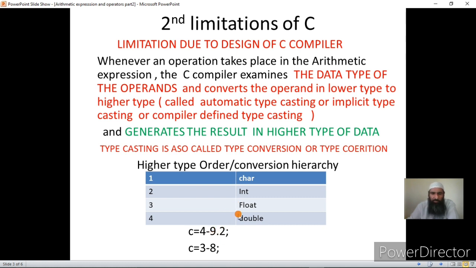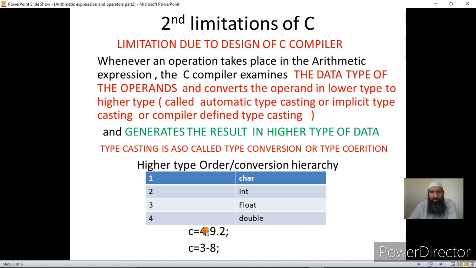You can take it as float or double. It depends upon the range, because float has a particular range that I have already given. Whenever there is a decimal number with a decimal point, you take that as a float or double. But what is the data type of 4? It is integer. Now the data type of 9.2 is float. So which is the higher type according to the table? Float. So 4 will be converted to float.